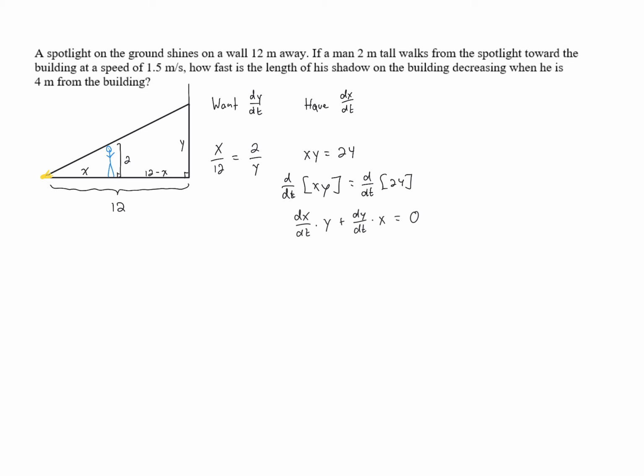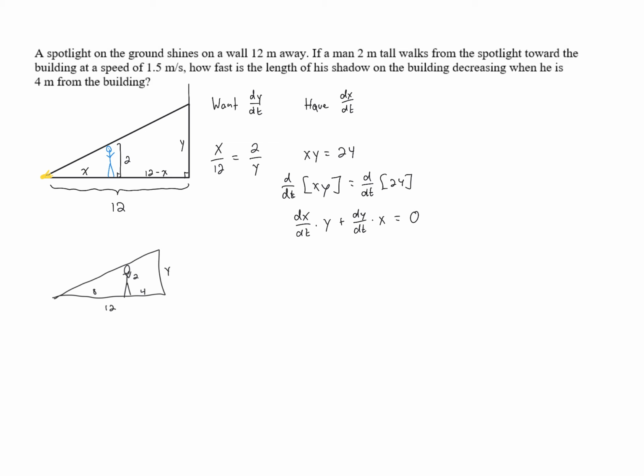Okay. And then we need to figure out what we can plug in. Now, the moment that we're looking at is the moment when this person is 4 meters from the building. So at this particular moment, I'm just going to draw a very, very crude version of this. We know that at this moment, he is 4 meters from the building. The whole base is still 12. That means that x is actually 8. He's 8 meters away from the spotlight, and then he's still 2 meters tall,